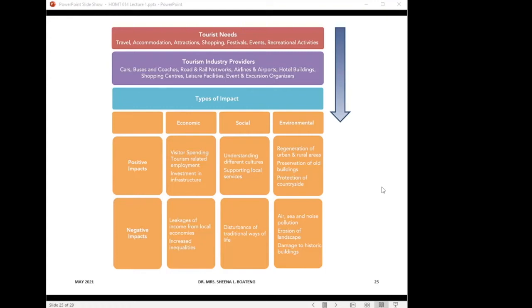On the environmental level, we can talk about the regeneration of urban and rural areas. Some rural communities are dying because they are being forgotten. People rarely come around, people rarely visit, and because of that, there's no level of development in that community. So you realize that you go to certain communities and most of the people there are largely aged because all the youth have left the community because there's lack of work, to move to urban areas